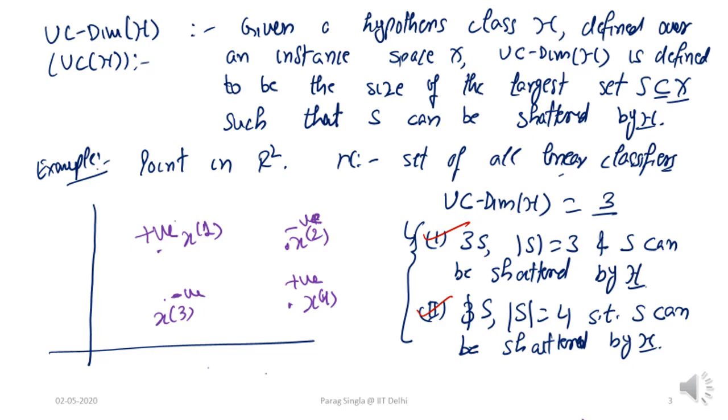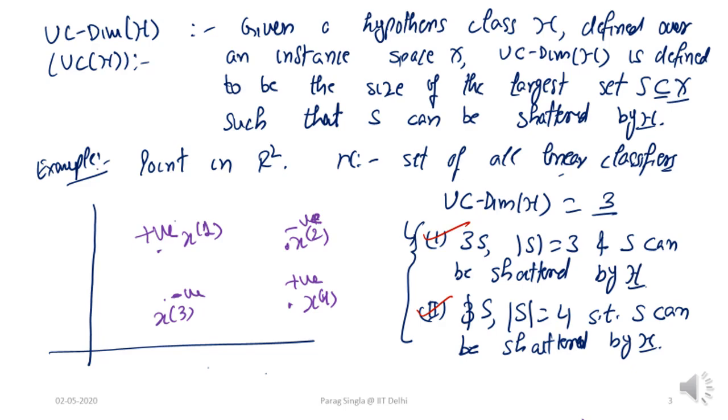But before we go to the example, look at the definition again. We are saying the VC dimension is the size of the largest set S which can be shattered by this hypothesis class. To show that this is exactly equal to 3, we have to show that there is no set of size 4 or more, so more than D. If we are proving that the VC dimension is D, then we have to be able to show that there is no set of size D plus 1 or more which can be shattered. So this is a 'for all' condition: for all sets of size 4 or more, they cannot be shattered.